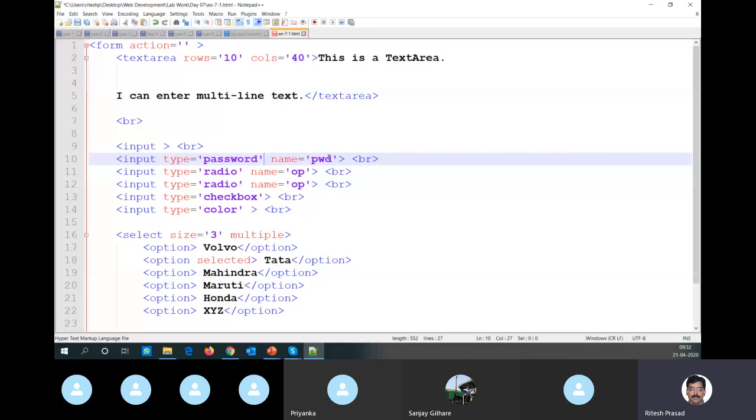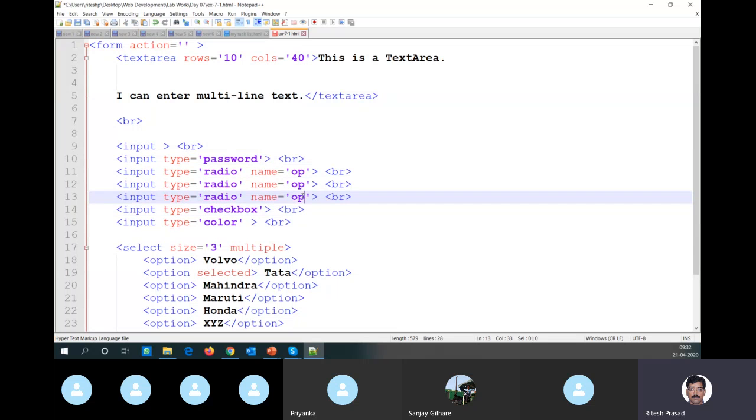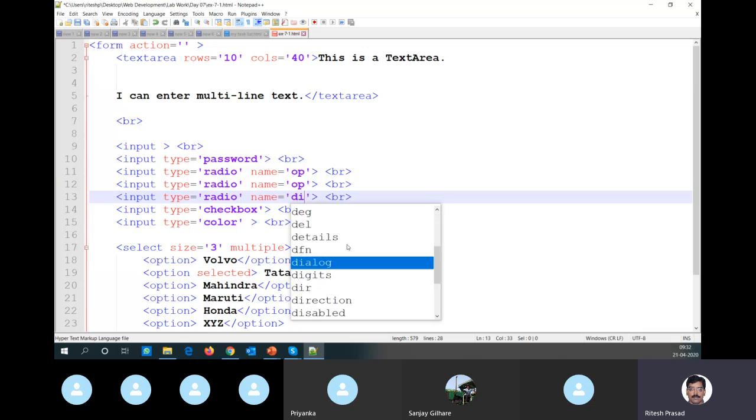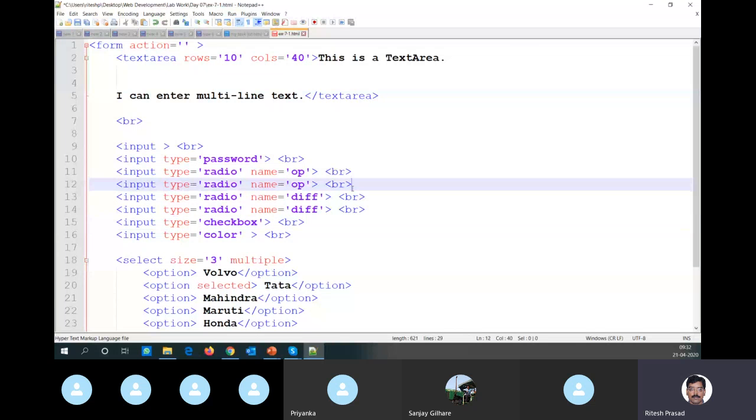What I wanted is to make a couple of radio buttons mutually exclusive. And if I have another radio button and I give it a different name, then this is unique. This is different from these two. So these three are not forming a group, but the first two are forming the group. The third one is unique. Or maybe I will add another one with the pair. So you can see that